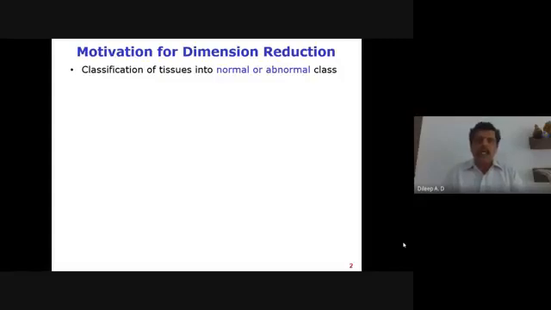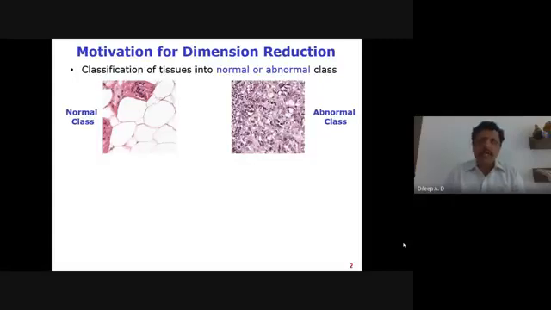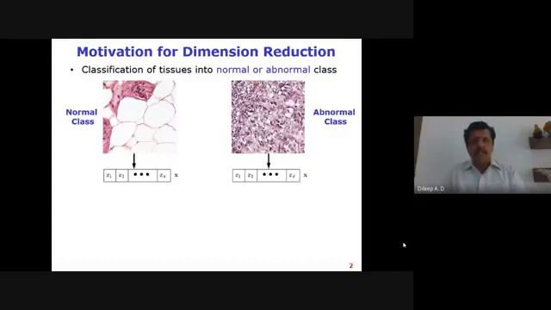What I'm talking about. For example, consider the classification of tissues in which there are several cells which could be normal or abnormal cases. In such a scenario, before we give it to any classifier or build the classifiers, we extract the features. Suppose in this example, from each of the images with respect to the different categories, I'm extracting d number of features. That's what you are seeing here with respect to x1 to xd, d number of features.